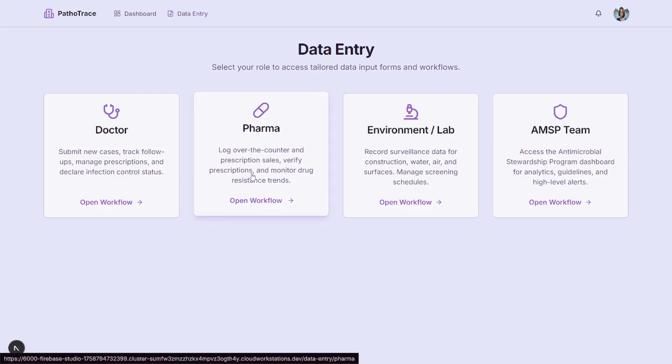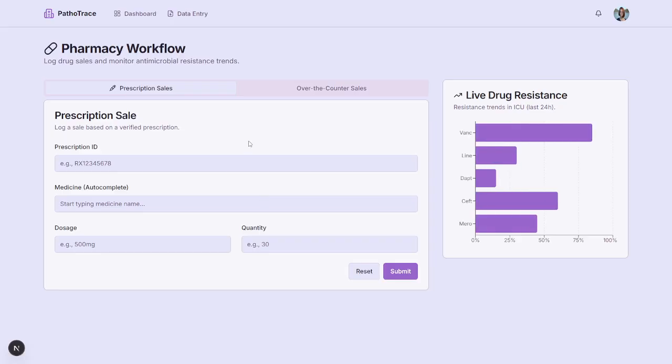The second stakeholder, the pharmaceuticals. Now, this is a very novel criterion that we are adding over here in the stakeholders, because like I already mentioned, tracking the antibiotic sale and usage is very important. However, the pharmacy is always neglected. We always have over the counter antibiotics being sold and not being tracked. So, it is very important to track the sale of antibiotics.